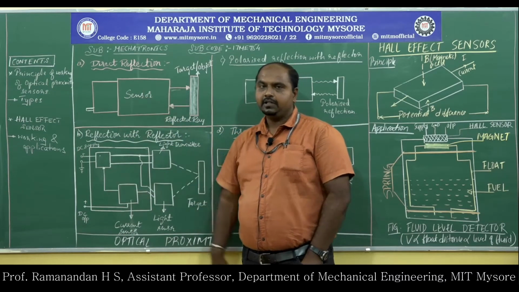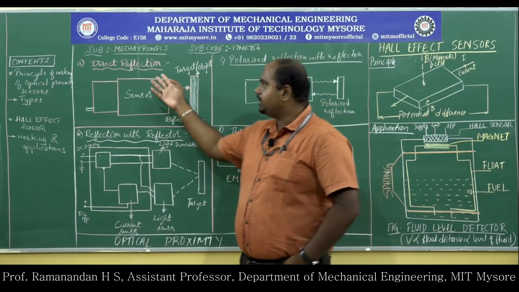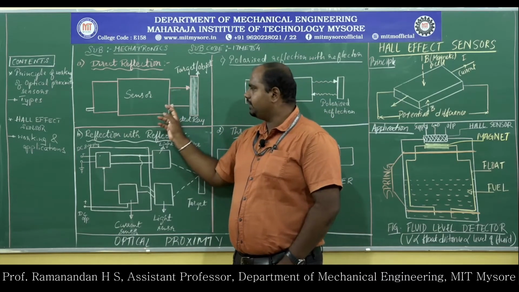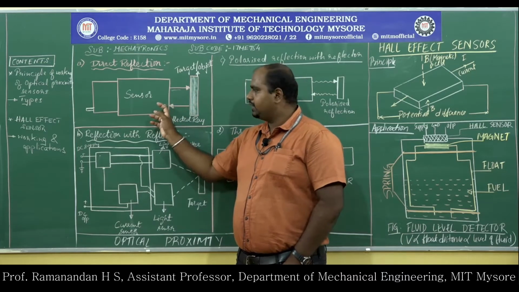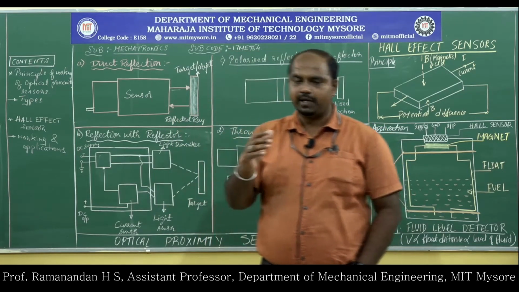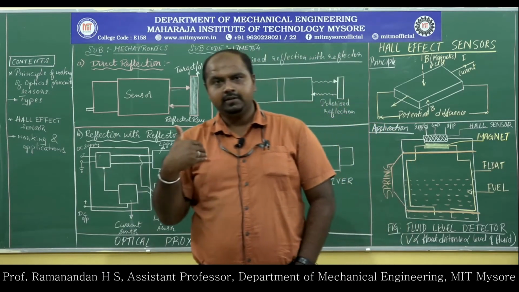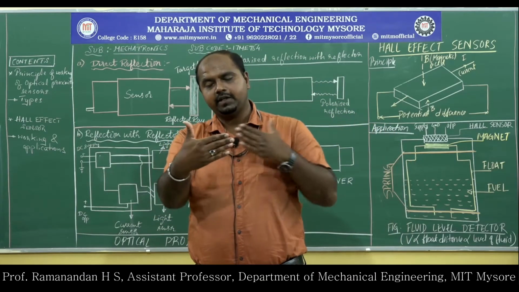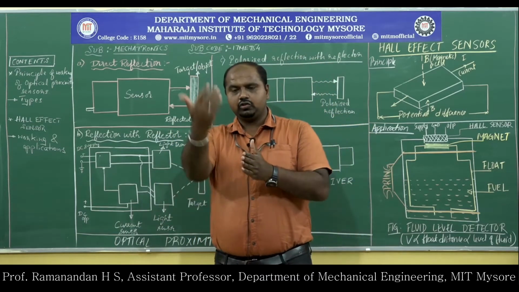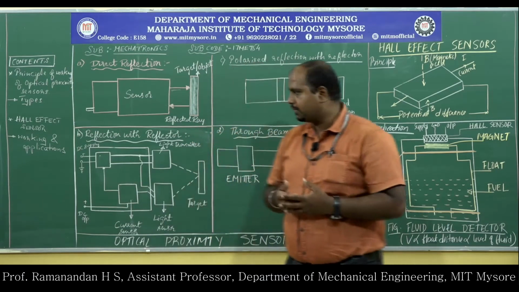This principle of working of the optical proximity sensor is called direct reflection, where I send the incident light and the receiver is also mounted on the same housing, so the light is received perfectly. This shows that there is an object nearby. Otherwise the incident light does not get reflected back. If no object is detected in front of the incident light, the light doesn't come back. Is that clear to you? So if the incident light gets reflected, that shows there is an object nearby. That is the principle.